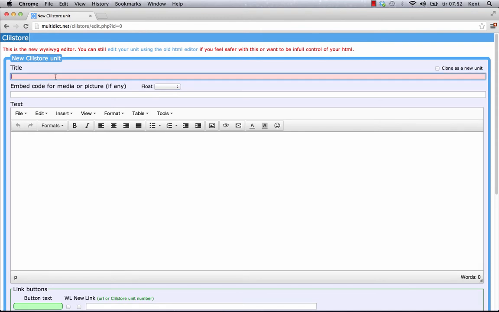Title. Here I have to write a suitable heading for the new unit. Float. This is where I choose how the text will be placed in relation to video or audio. For a long video, it's usually a good idea to select scroll text, so a user can follow both the